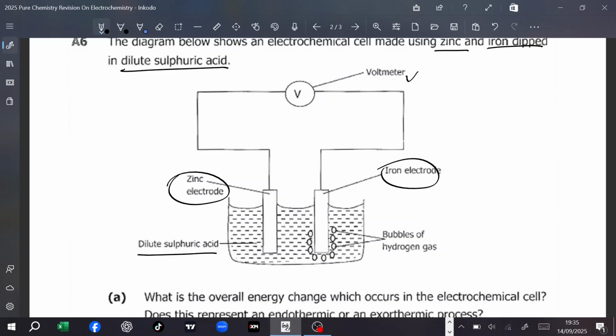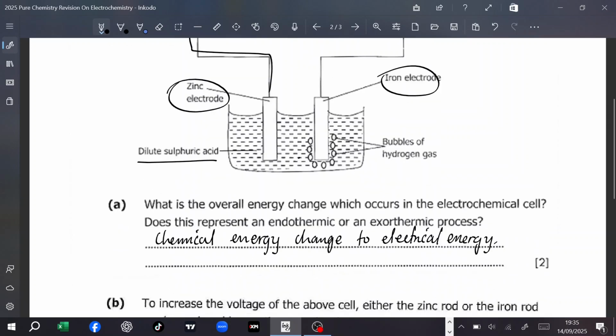So they'll generate electricity which is going to be read by the voltmeter. That means it's a chemical reaction which has chemical energy that causes electric energy to pass here. So chemical energy changes